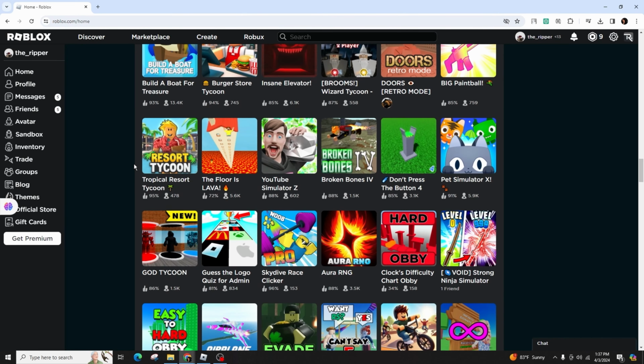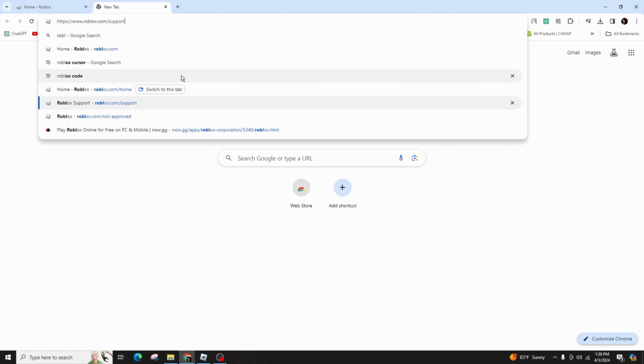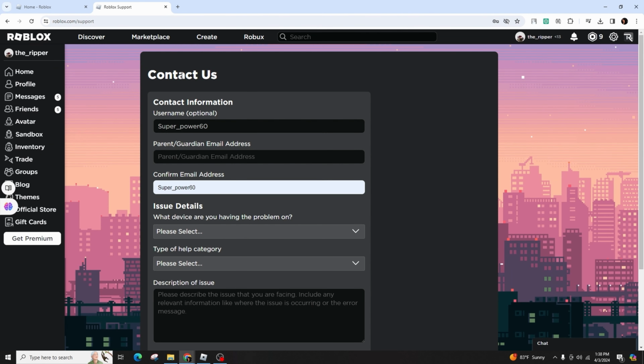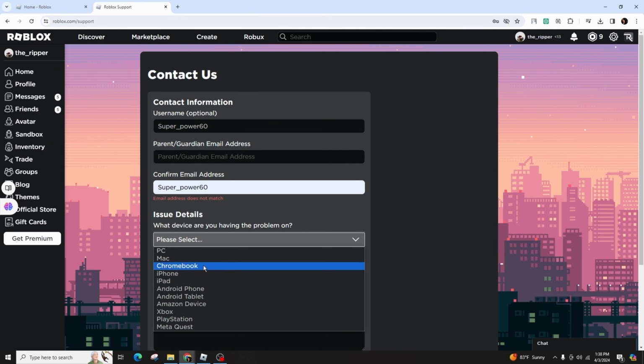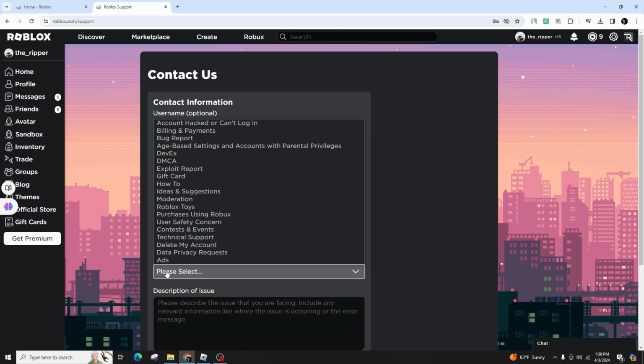To begin, open your web browser and search for Roblox Support. Once you locate the support page, enter your birth date as requested. Proceed to input your username, name, email address, confirm your email, and describe the issue you're encountering. Select the device you're using, for example Xbox or a PC or anything, and choose the relevant category for the